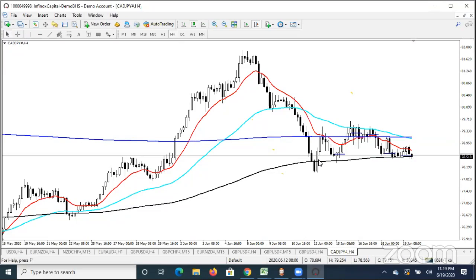Are you referring to this? Who asked that question? Samuel, are we on the same page here? This CAD JPY. If we are on the same page, then what you would have seen is that you saw